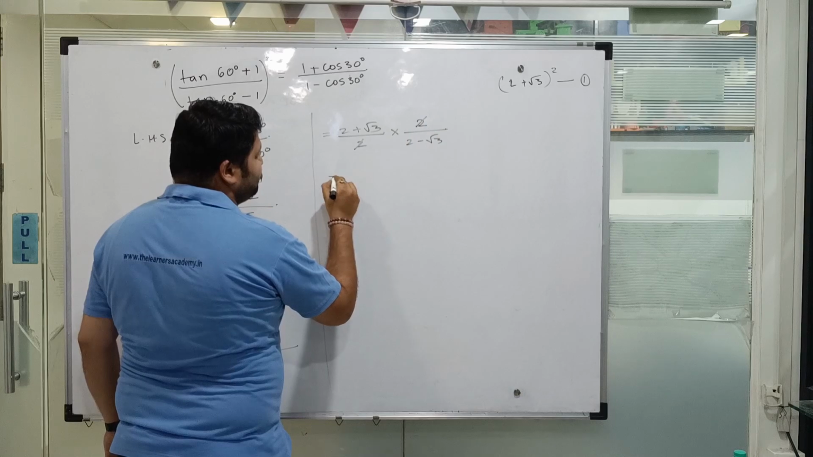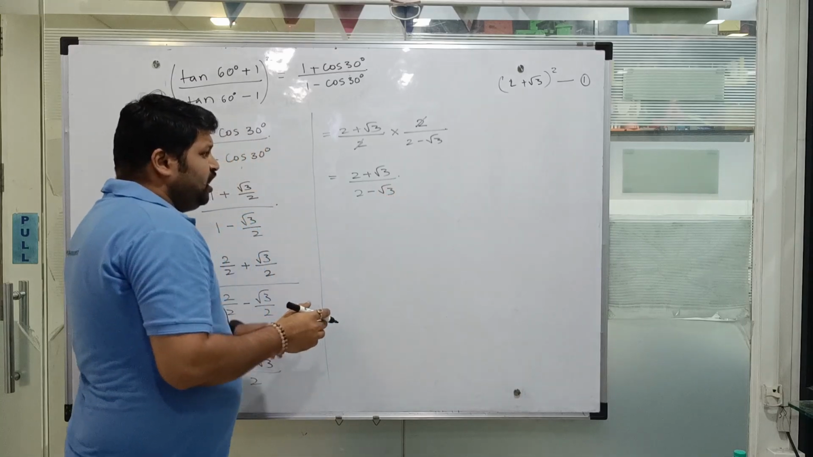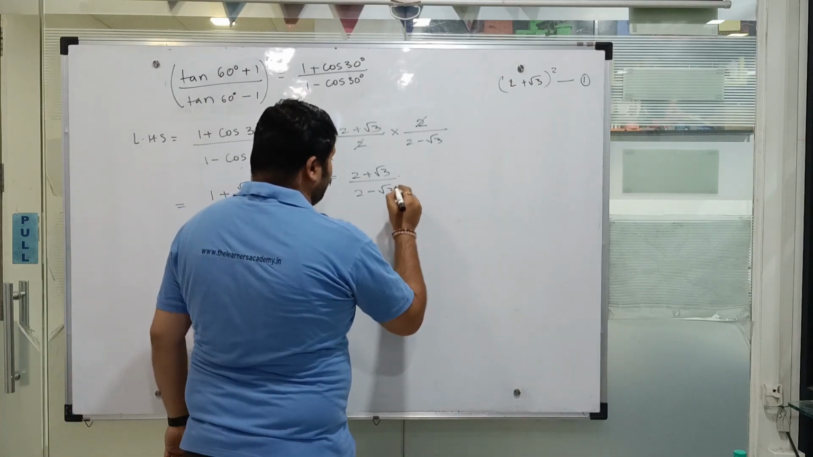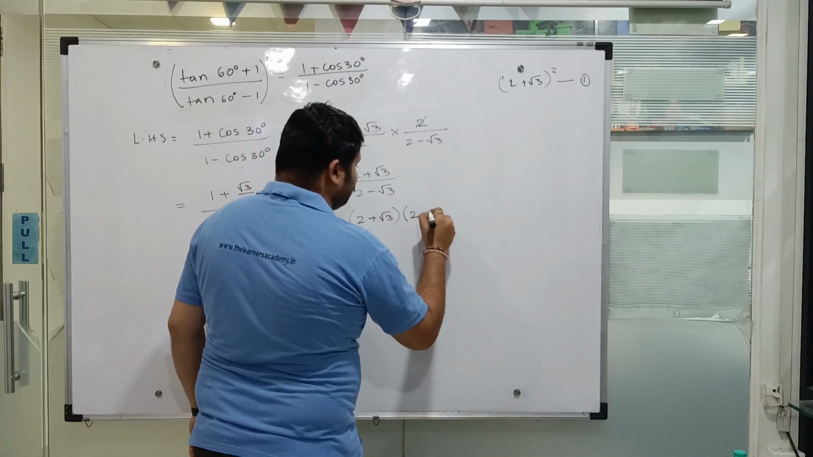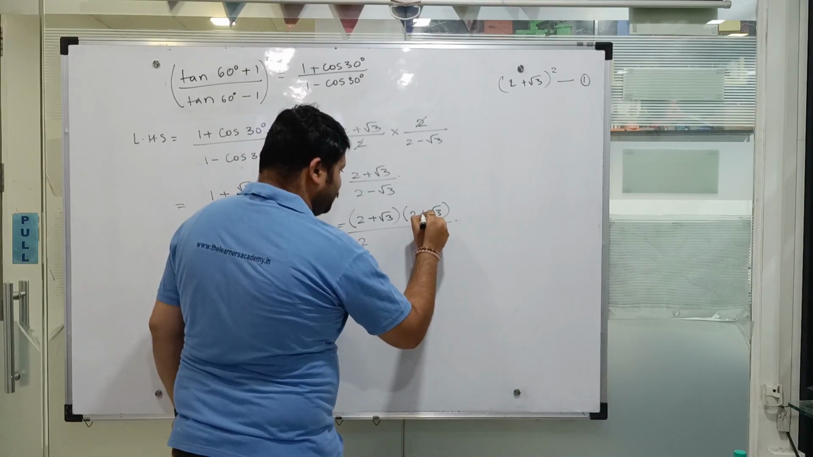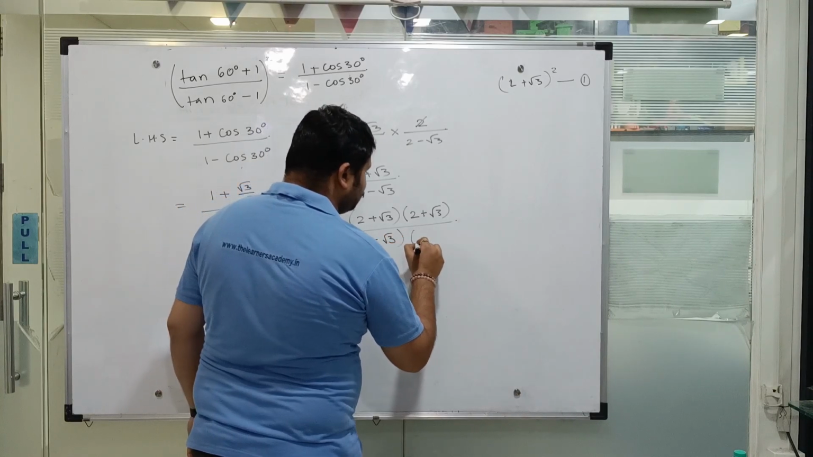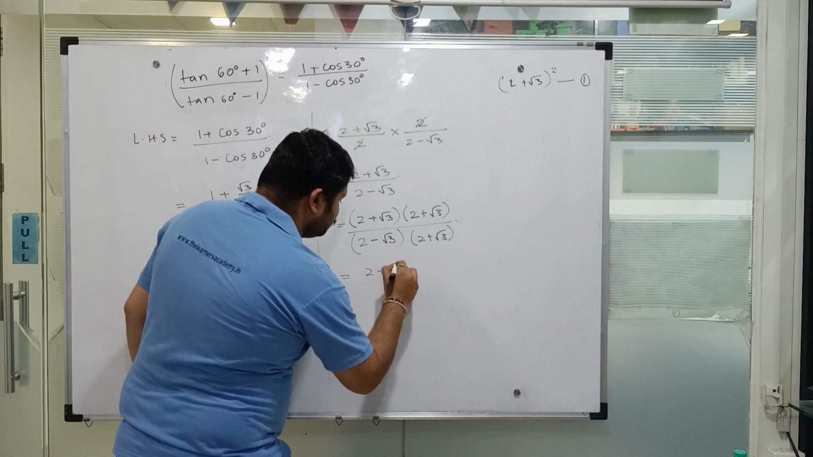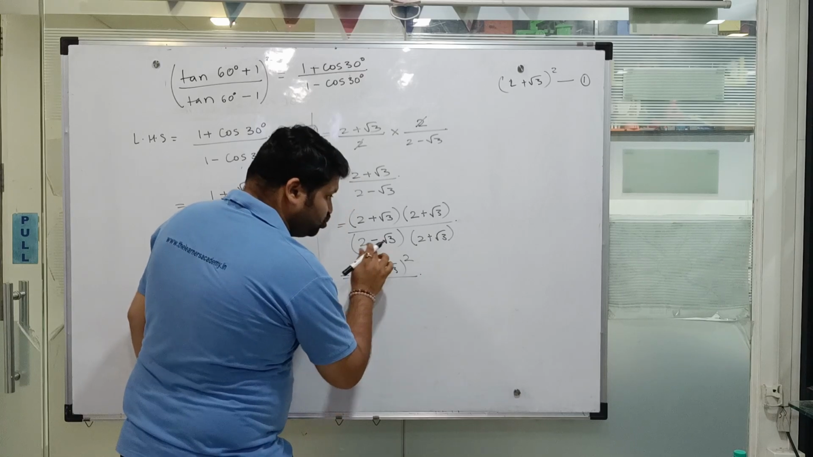These two get cancelled, and we are left with (2 + √3)/(2 − √3). Now we have to rationalize this as well to get our final answer. So we will multiply it by (2 + √3)/(2 + √3), and the denominator gets multiplied by (2 − √3)(2 + √3), giving the final answer as (2 + √3)² divided by 2²